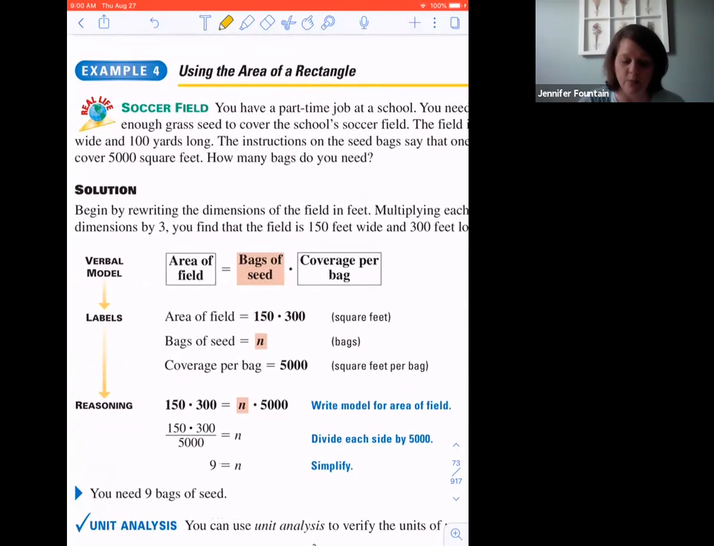They said, I know I'm dealing with the area of the field. Okay. And we know that the area is